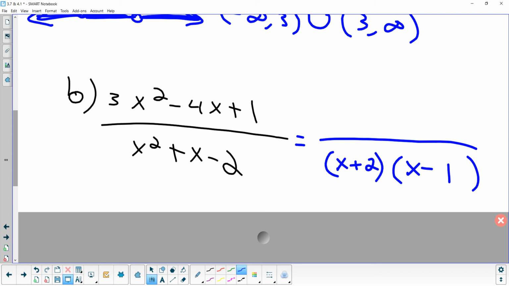x squared minus x plus 2. So a minus x plus 2x is a plus x. And 2 times negative 1 is negative 2. All right, so Jack, what would be my